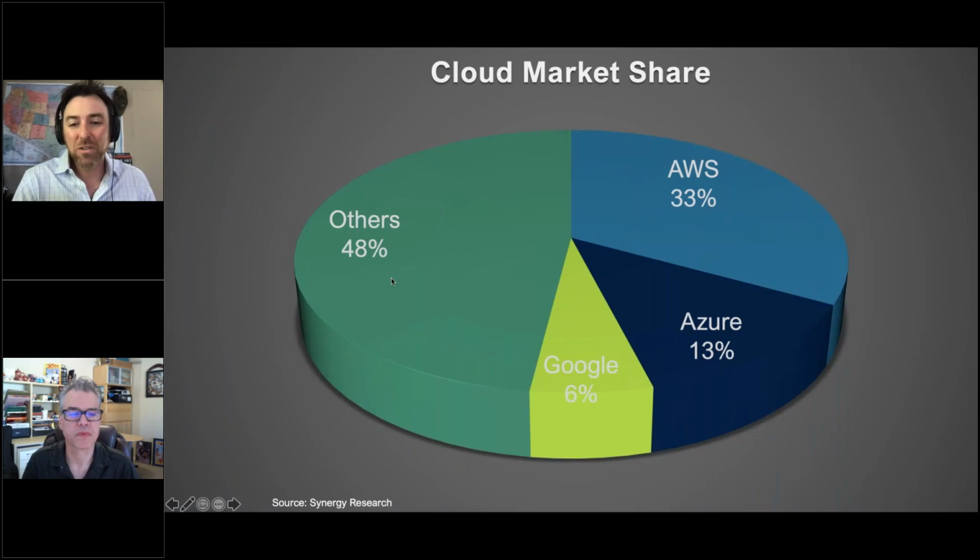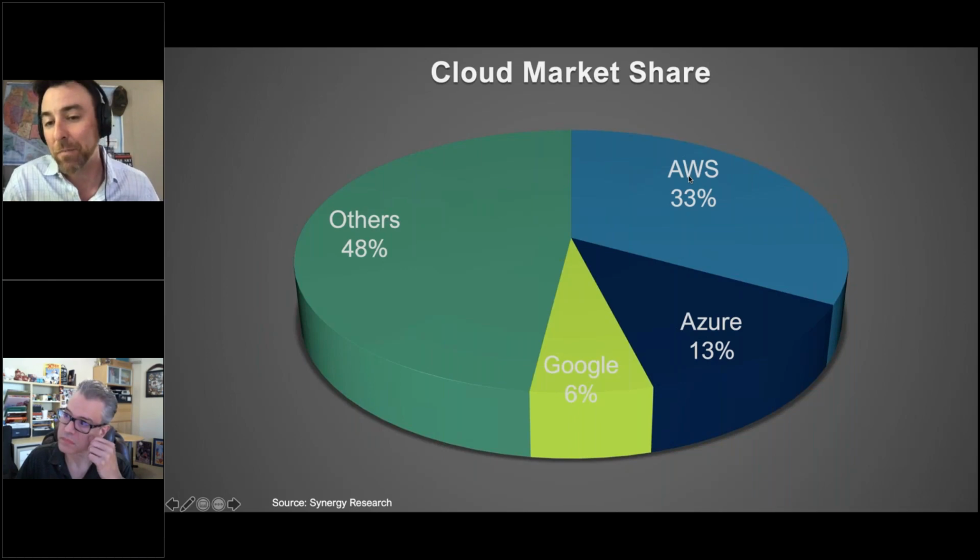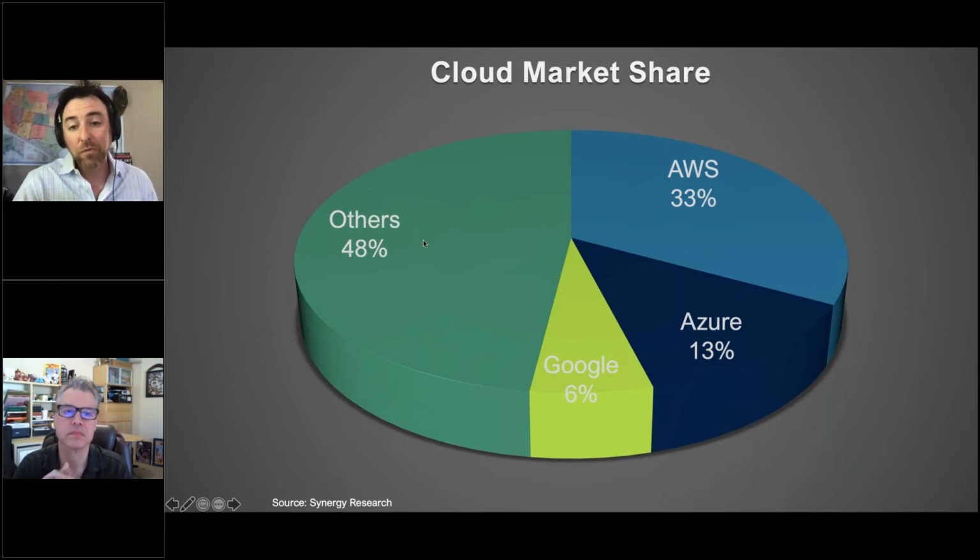And then the next two slides are just nice visuals. They show you some of the market share as far as who has what. And you'll see Azure actually has a smaller piece today. AWS, they really got started before everybody else from the cloud offering. You've got others, which include maybe private clouds or co-locations. And then you've got Google here, which is a small piece, very niche market,